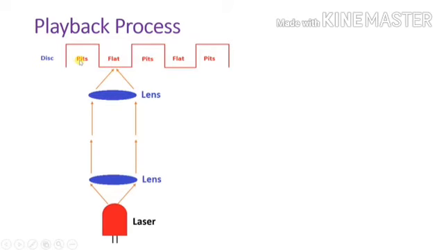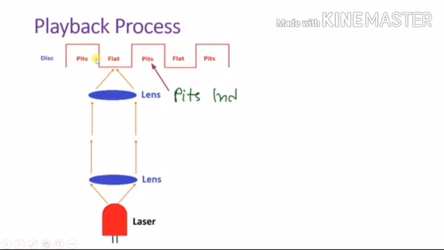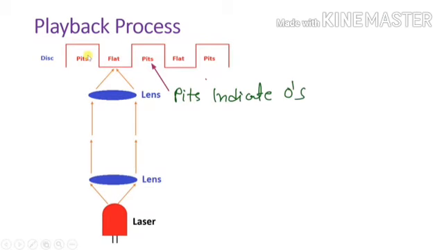Now, as we have seen earlier, on this there will be pits and flat. These pits will be there if we are writing on the disc with the help of etching, that is, the laser etching process. Instead of pits, we will have ink spots if we are writing on the disc with the help of a burning process, right? And instead of ink, there can be a crystalline material if we are using that kind of material while manufacturing the disc. Pits indicate zeros and flat indicates 1.